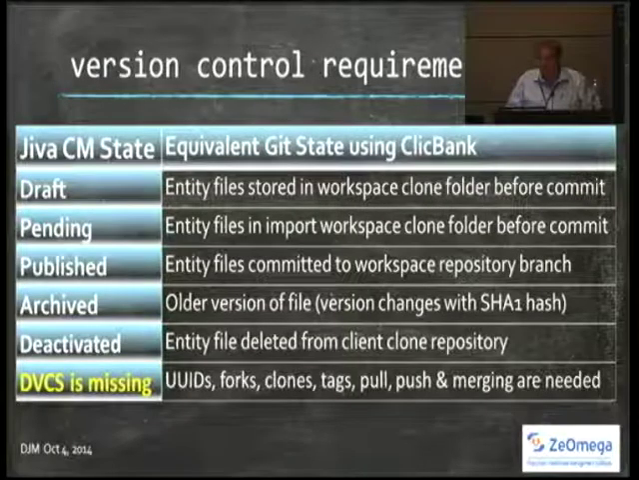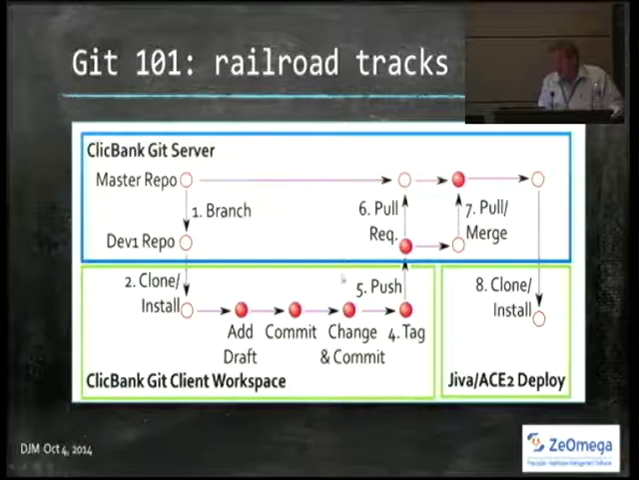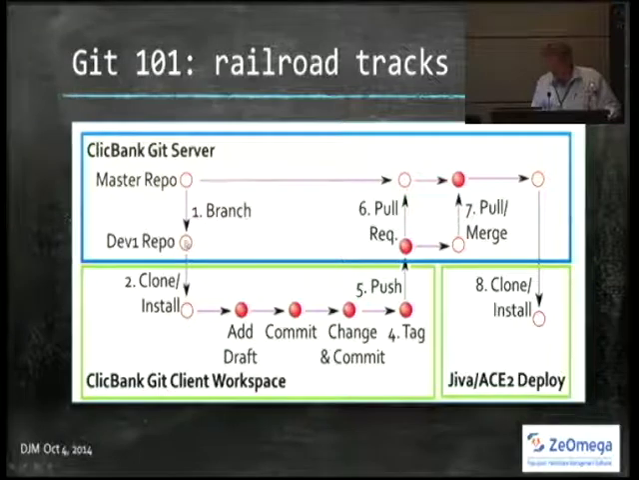So that's the key. Git, most probably everybody knows Git, but here's a little Git 101 railroad tracks, as we call it. Essentially, you start with a master repo up here, and then typically you branch it, or you fork it, one of the two, and you end up with a version of the database that you can then clone over to